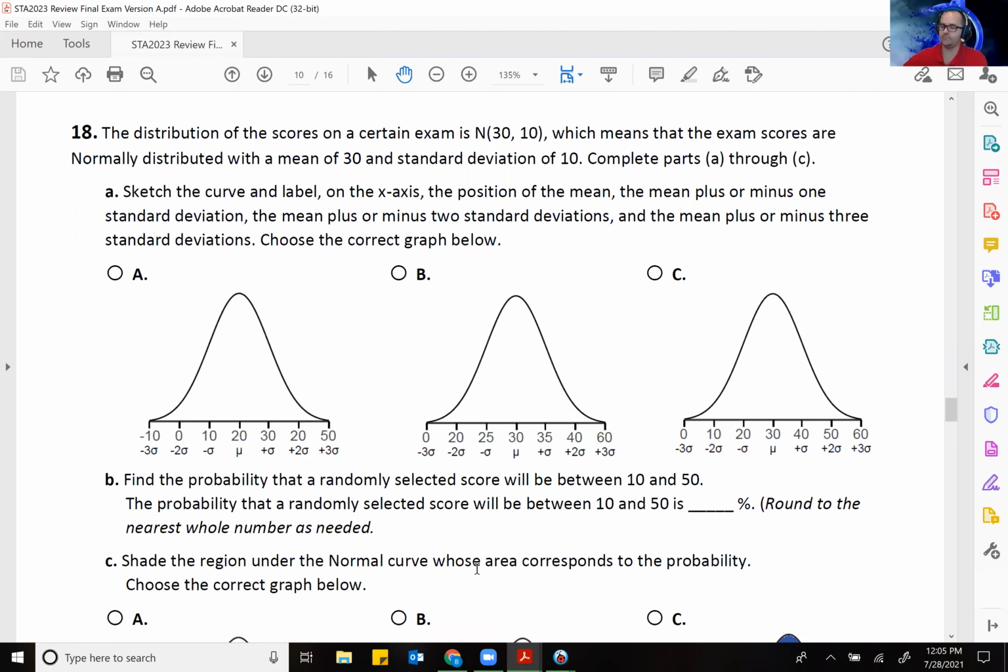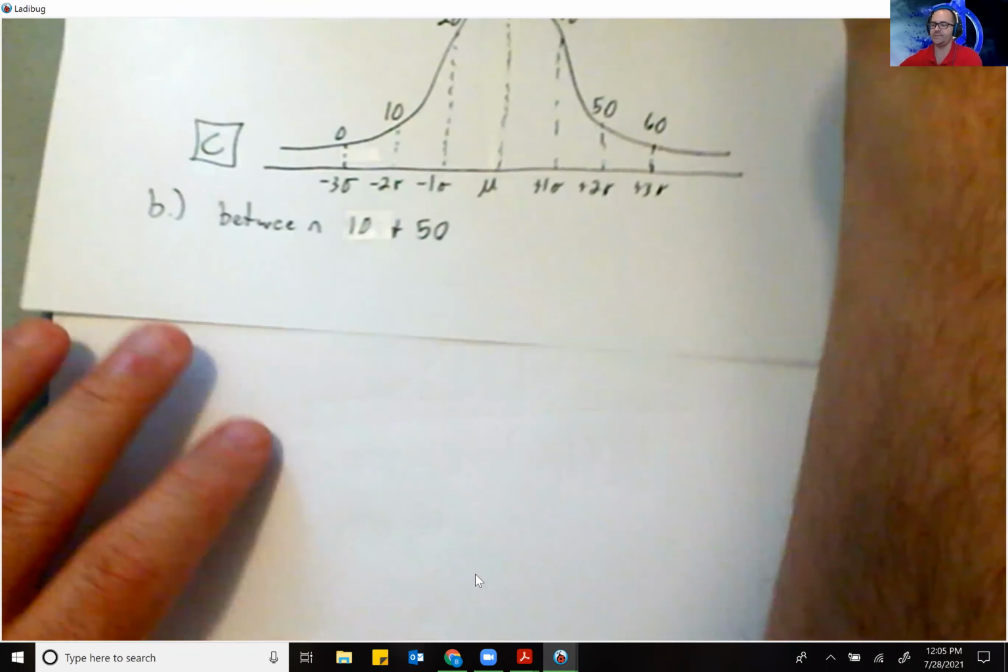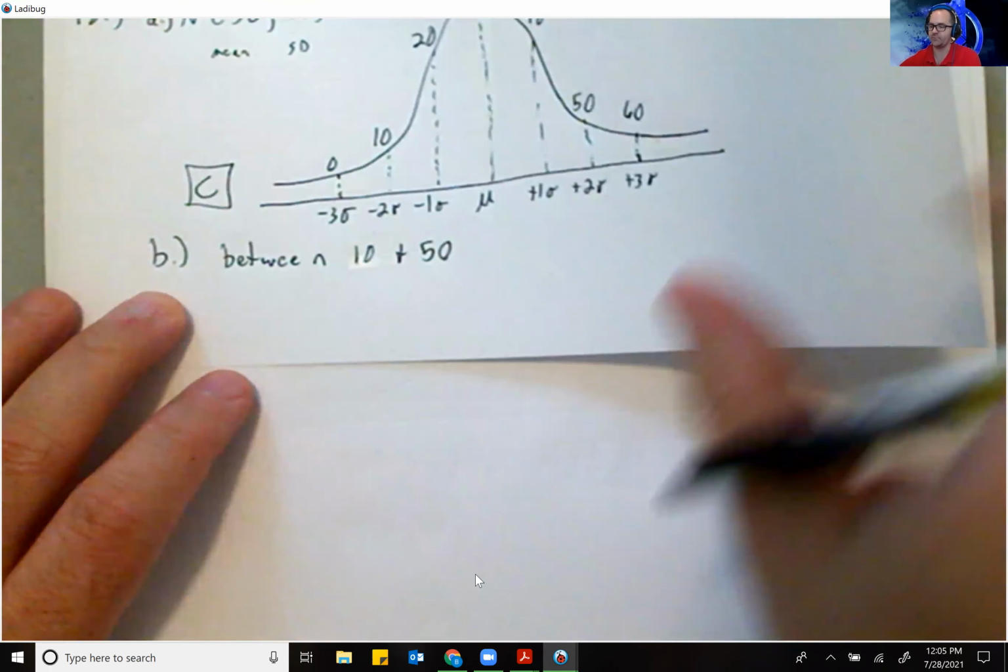Got me writing down between 10 and 50. So again, we can use that empirical rule. Name was almost slipping me. We just talked about it. So when we're between 10 and 50, if I kind of make that makeshift graph again,